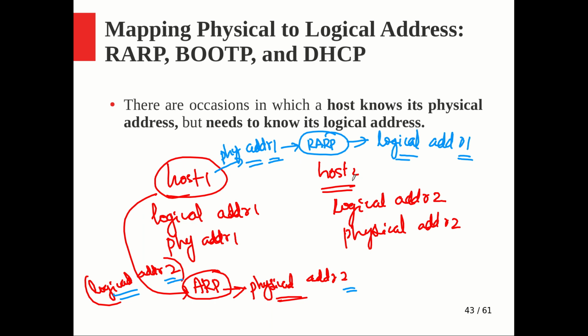And also the context where it is needed. Here, the purpose is that I just know my physical address, and I forgot my logical address, and I am asking someone to tell me what my logical address is. That is a situation where reverse ARP is used. But in case of ARP, host 1 knows its own logical address, physical address, everything, and the destination's logical address is also known to host 1. Let me put this tick mark here. What it doesn't know is the physical address of the destination. But here it is different. Hope it is clear. Don't get confused about where it is needed.